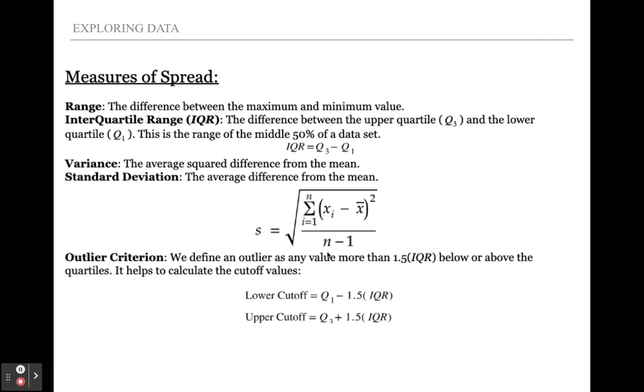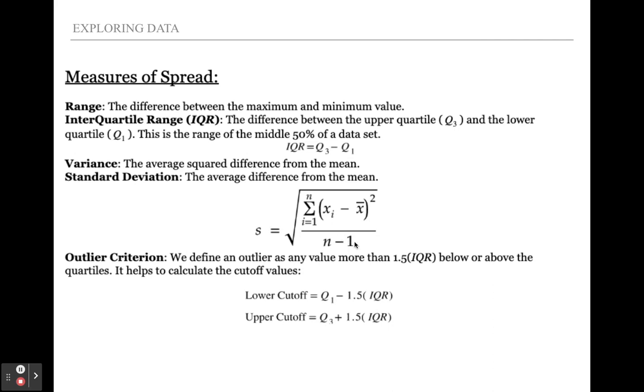Okay, and this is the formula. You don't have to memorize this or know this. We're going to use technology to get the standard deviation. So don't freak out and faint because you're seeing this. But it's basically the sum of all the differences from the mean. This is value minus mean squared. Add all those up and divide by n minus 1, which gives you the average when you divide by the